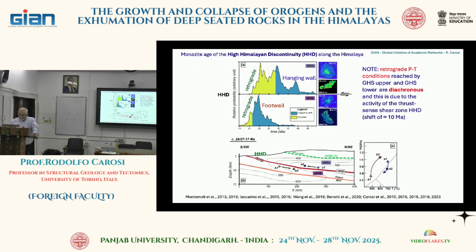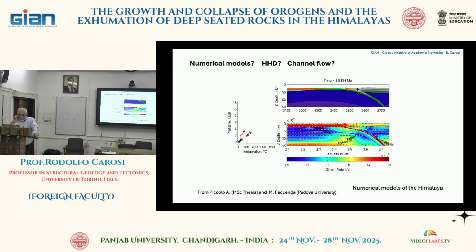Okay, numerical models. I give you the information that the Monte Mason were able to build up some numerical models to explain the orogenic origin. And so several years ago we asked, is it possible to make numerical models? Would the numerical models show only channel flow, or is it possible to show also the occurrence of some discontinuities, such as the HHD? So Andrea Piccolo was a master student in Padova with Manuele Faccenda, that is